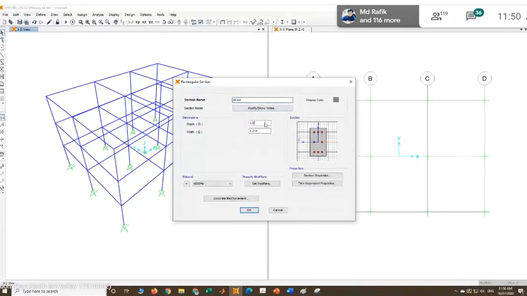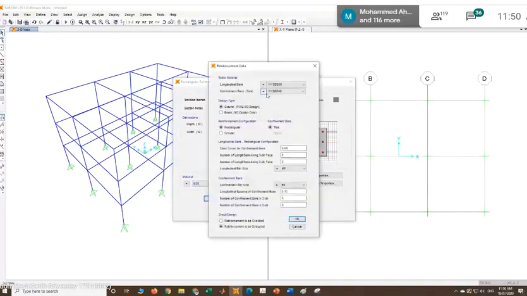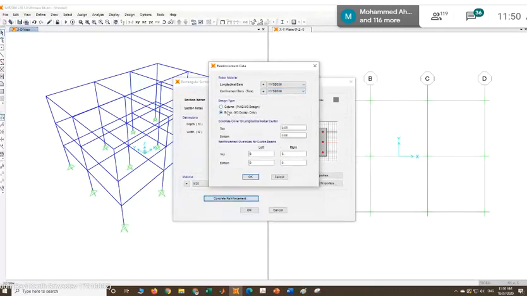Let's give depth as 500 mm, width as 300 mm, material as M30 concrete, and rebar material as HYSD 500. Name it beam. In case of beam, it does not ask for reinforcement. It only asks for the concrete cover. So let's assign 0.03, 0.03. Okay, and if